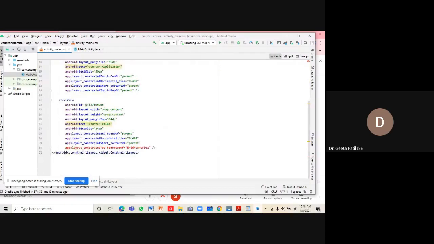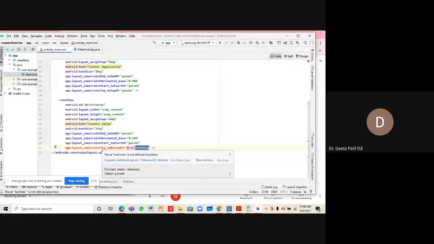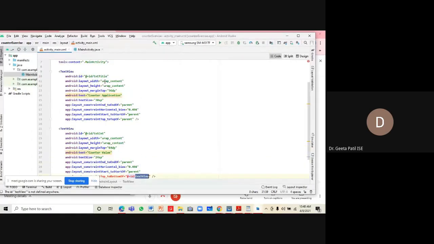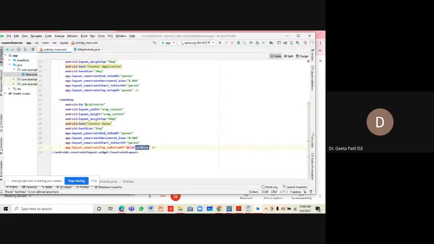And then we are seeing the red line over here, which means that the top constraint for txt count is not found. Okay, so we'll have to change this. Remapping we have to do. Text view we are changing to txt title. Problem will be solved. So now next is